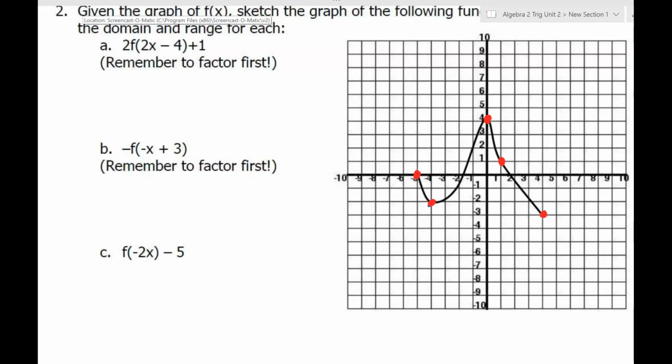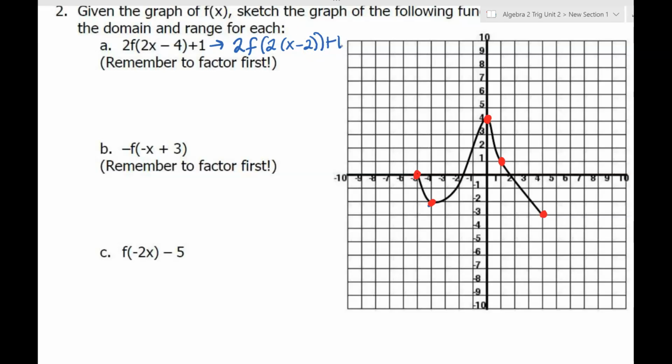Okay, we're going to look at 2A and 2B on our Skill 1 homework. For 2A and 2B, remember it says to factor first. So let me do each of them in a different color so we can see them clearly. So this function, when they say factor, they're really talking about that B value compared to that X minus H